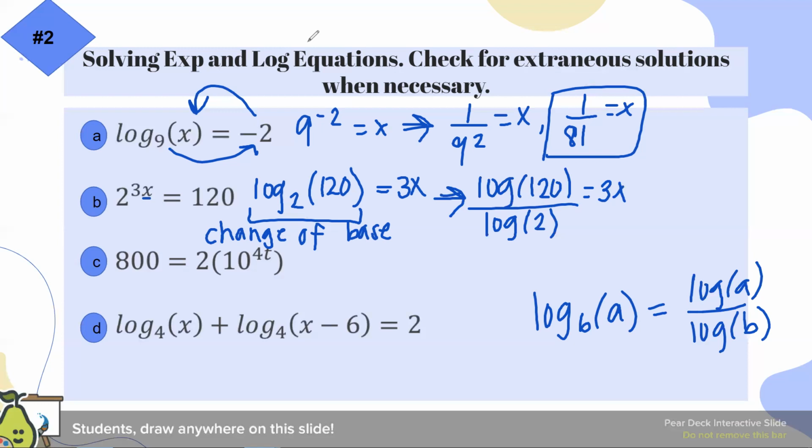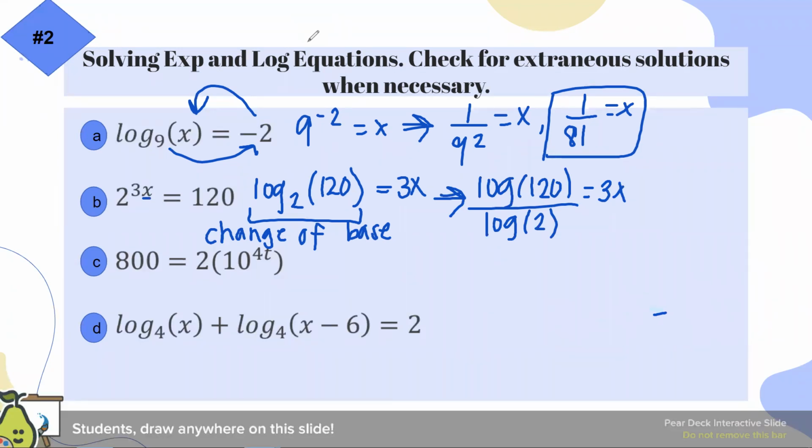And you get that number. I'm going to erase my change of base here. That number is about 6.9, which is equal to 3x. And lastly, to solve for x, we'll just divide both sides by 3, giving us x is approximately